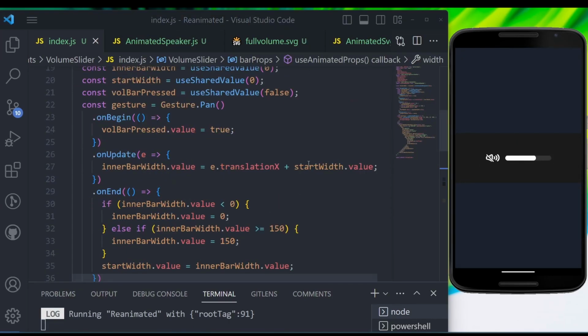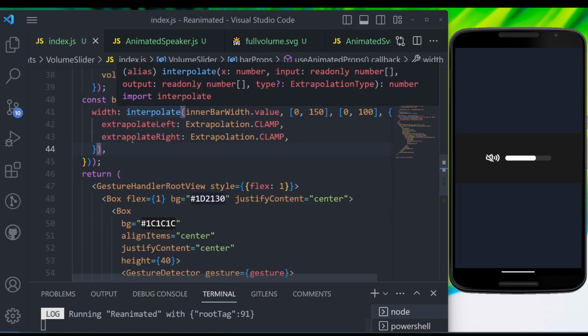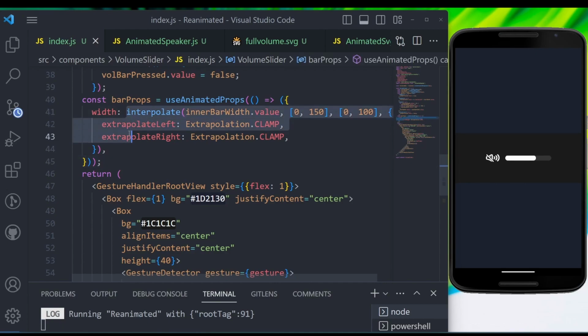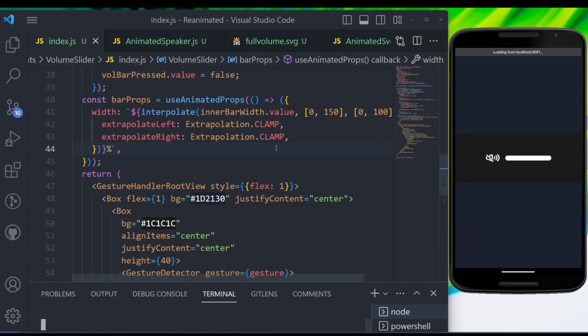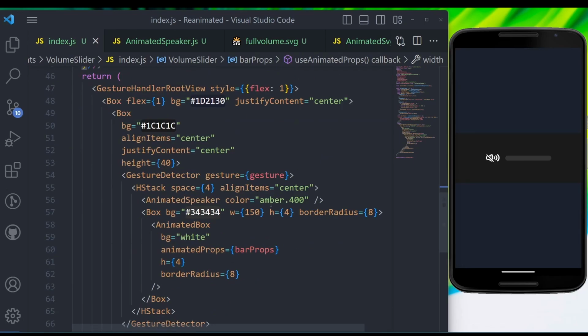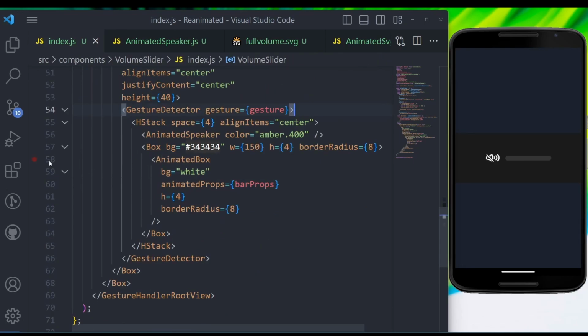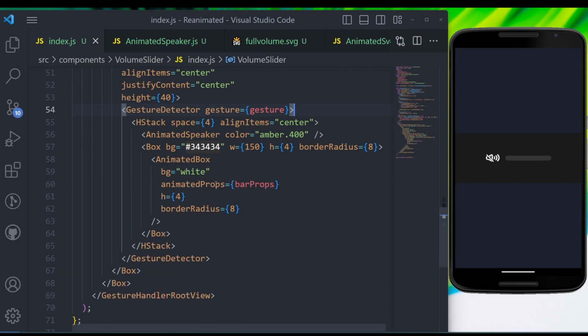Okay, I made a fault and didn't convert our width value to percentage, so we need to convert it from number to percentage. And now it should work all right. So just to be on the safe side, we'll give it another reload, and now it should work perfectly. Okay, we have added everything here as required, the animated props, bar props, and now this should work. Yes,